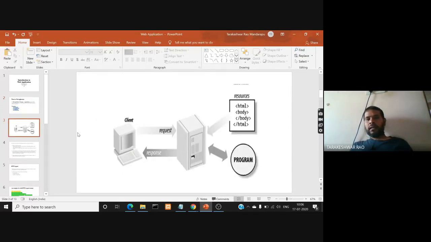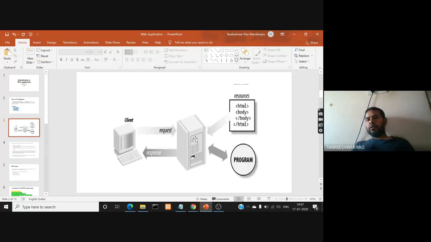If you look at this diagram, you can see the environment in which your web application runs. So you have a client computer. A client computer is nothing but your personal computer or a mobile phone using a browser, or a laptop, right? So client refers to any of these devices. And this is the server. You're able to see this server, right? So this is the server.